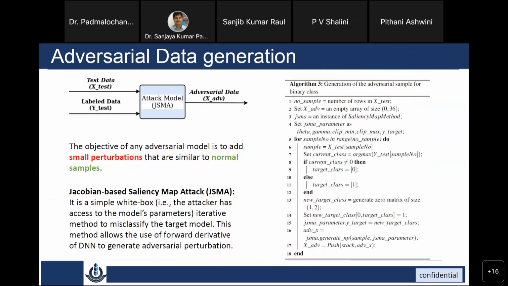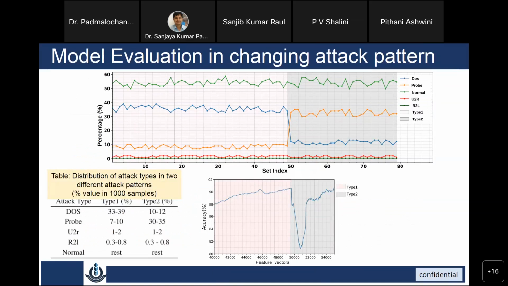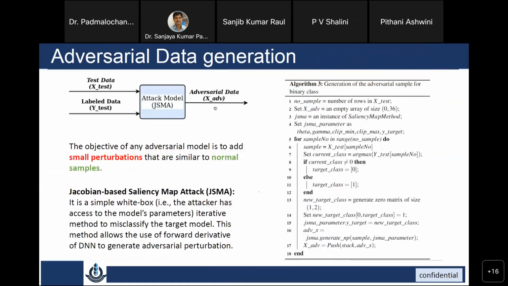As I mentioned, small changes in the packet may actually bypass your intrusion detection mechanism. So what we did, we generated adversarial data, and using this adversarial data, we train our model as well. On top of the DQ network with different classifiers, we use the generated adversarial data sets to train our systems, so that even small changes in the data can be clearly identified by our system.